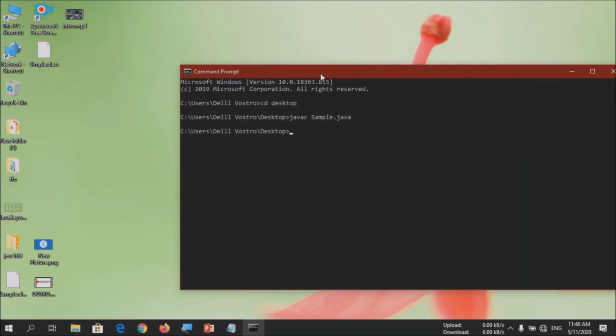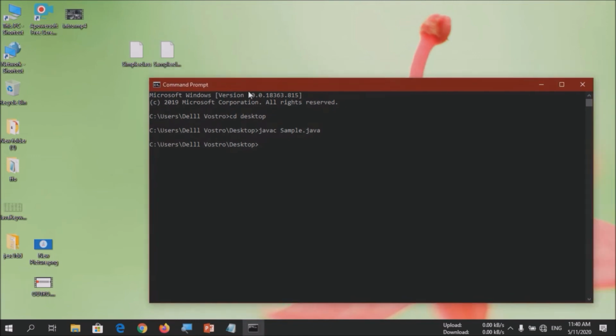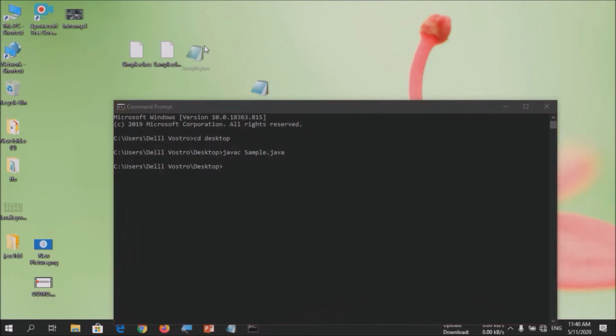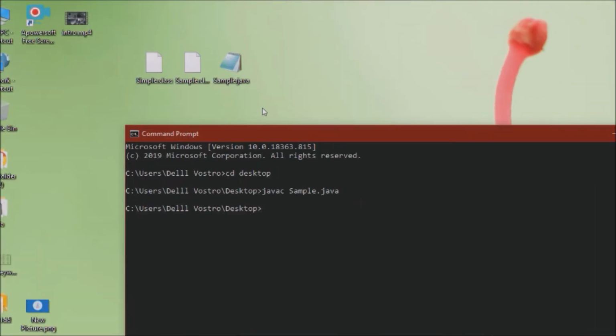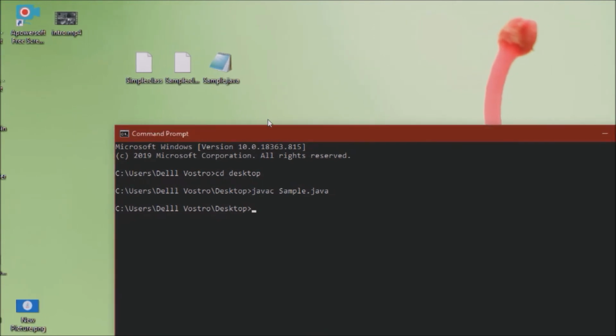You can see that as the file has been compiled, two class files are generated.